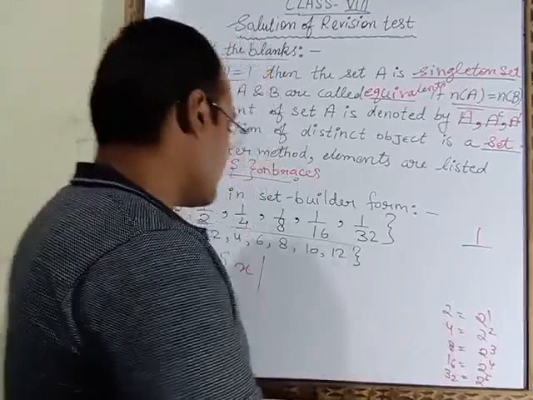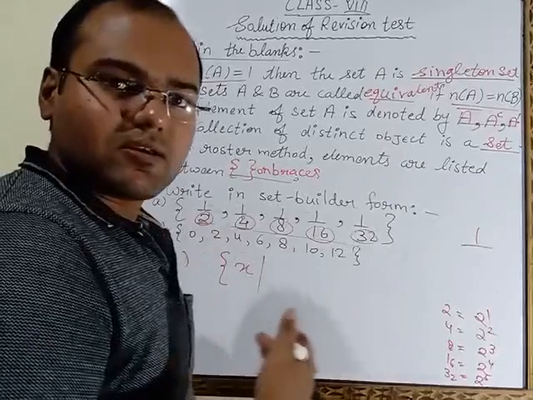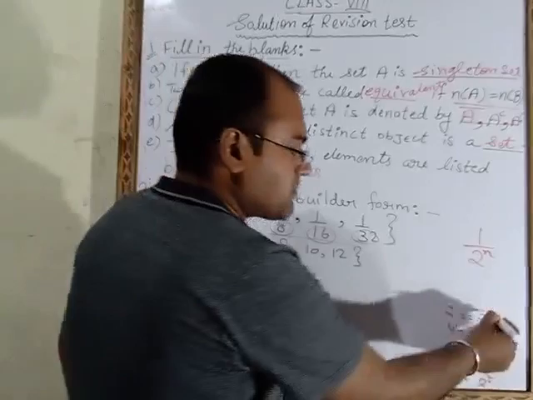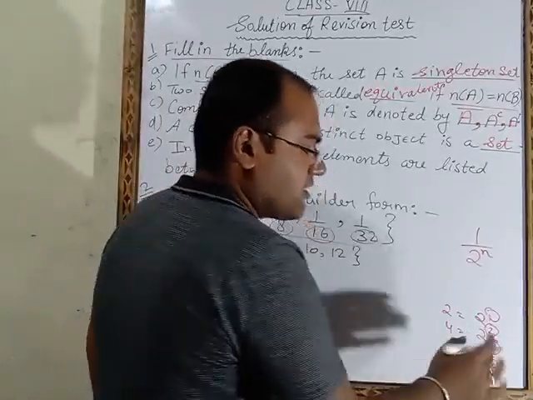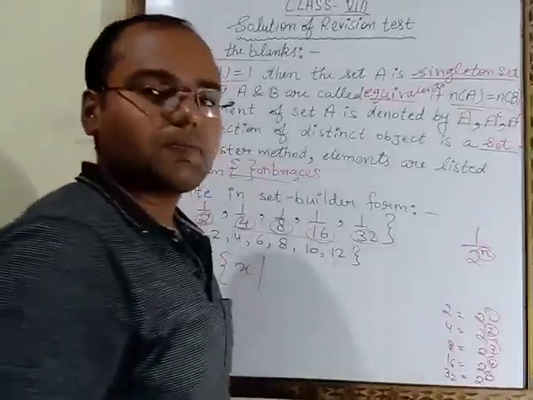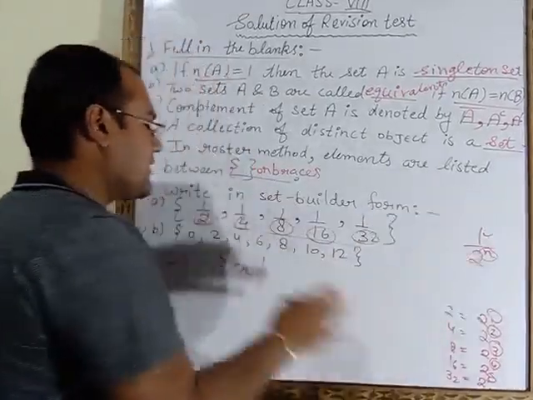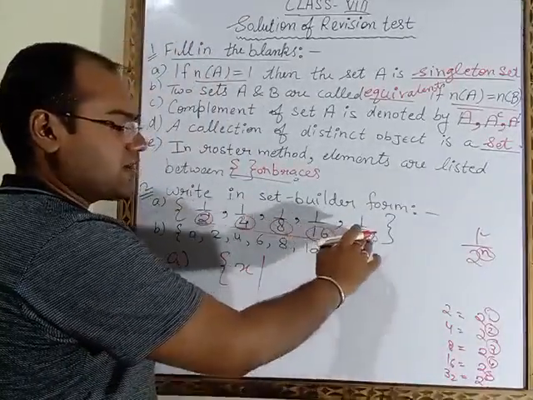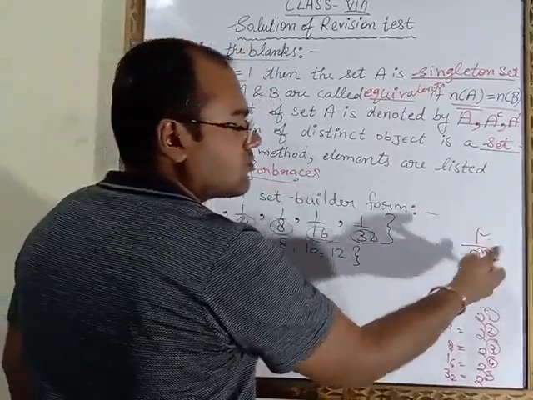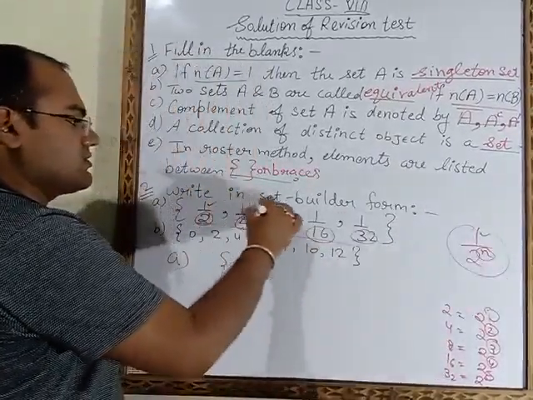So we observe that these denominator numbers we can write as a power of 2. So here we will write 2 power n. As these power values are changing, we give them one alphabet name. That's why I had given one alphabet name in the power of 2. In the numerator 1 is coming, so in the numerator we take 1. In the denominator these 5 numbers are coming, and we can write them as a power of 2. That's why the formula I made is 2 power n. So this is the formula for all these values.